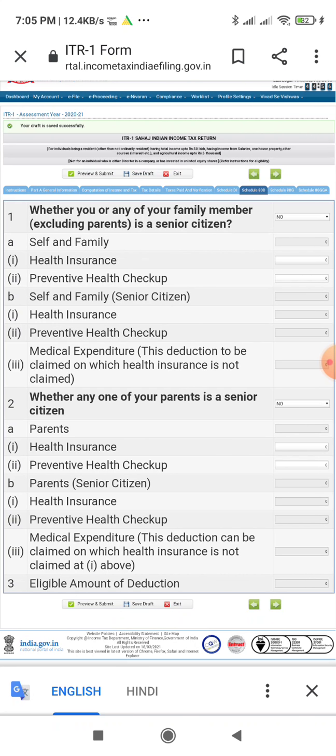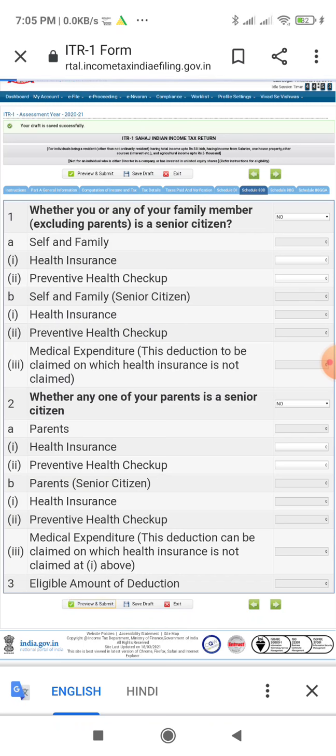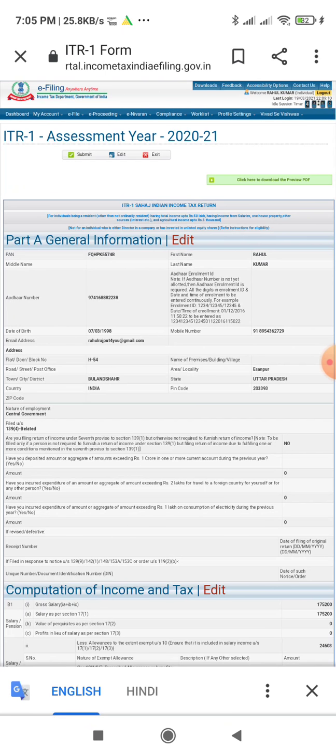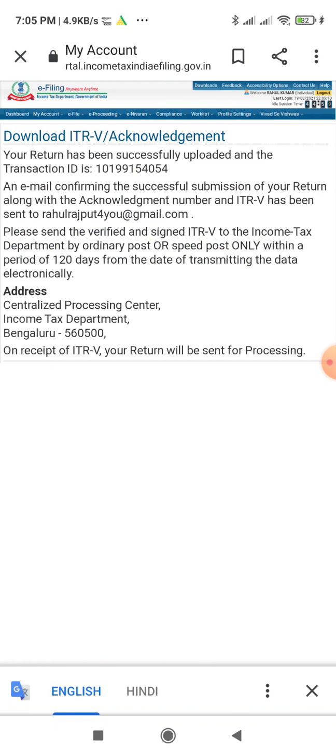And next one, we need to do preview and submit. We'll click on OK, and then next one is submit button. So your return has been successfully uploaded.